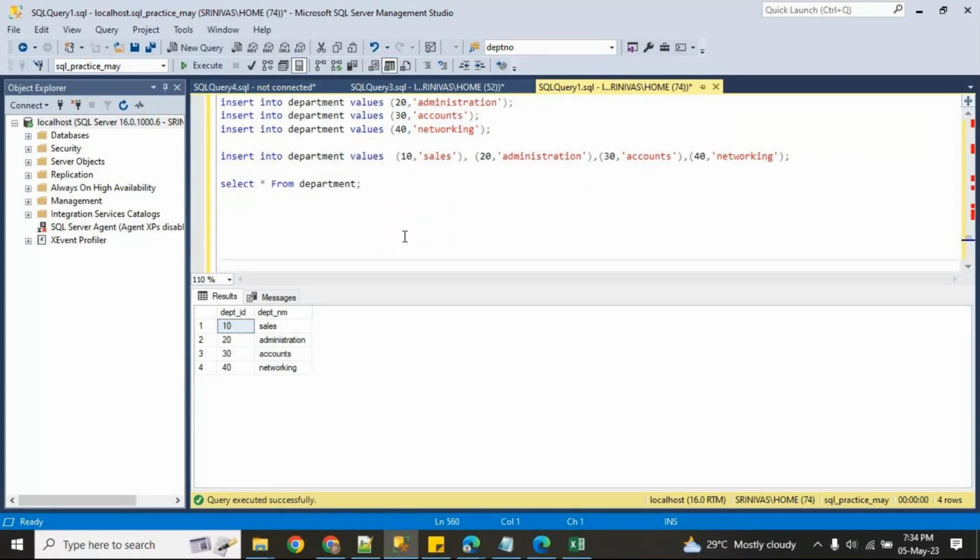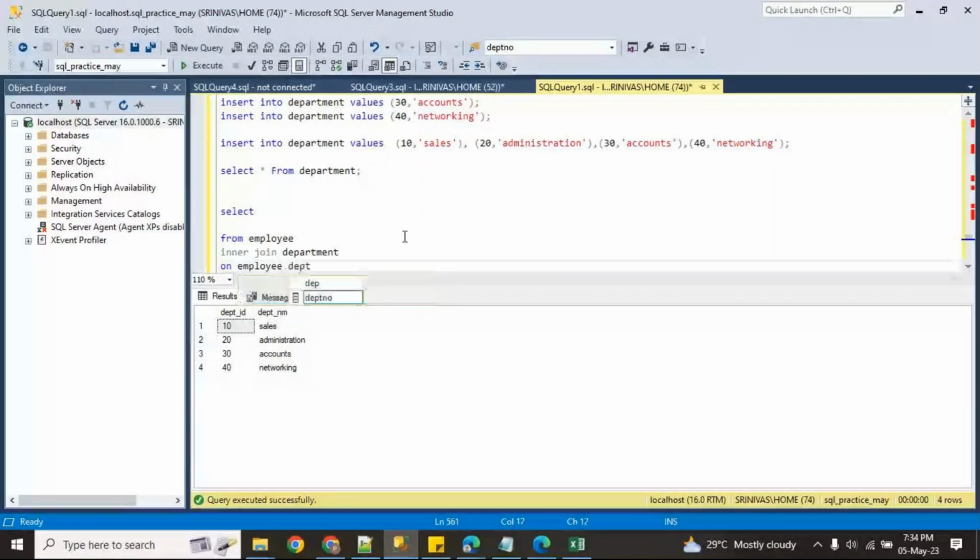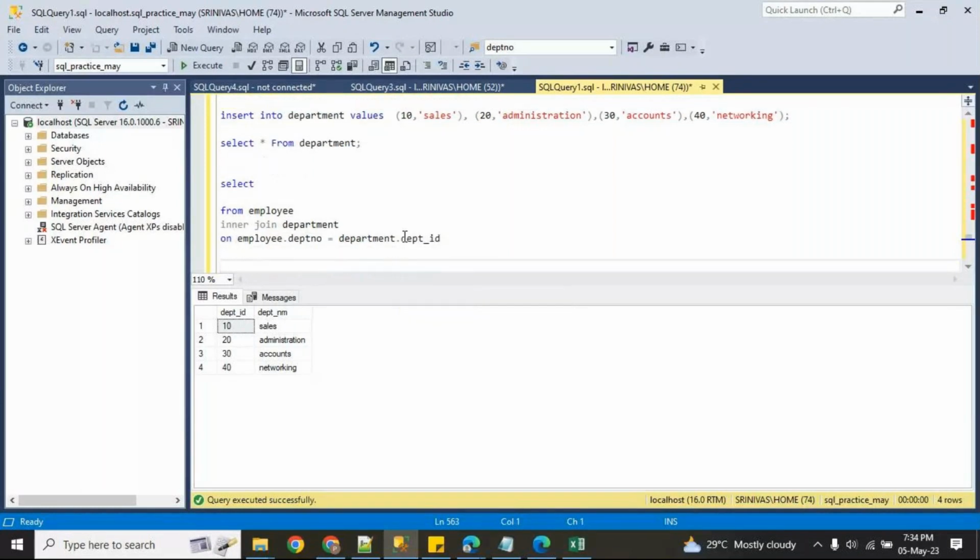I am doing inner join. Select star from employee inner join department on employee dot dept number equal to department dot department id.